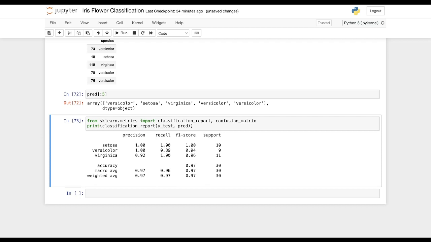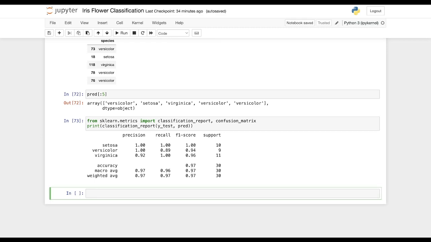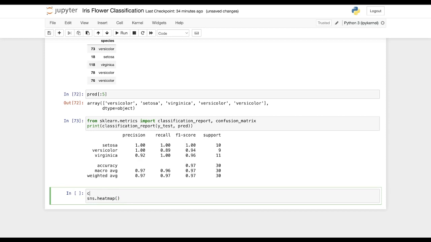Now that we have printed the classification report, the last thing we will do here, we will just display the confusion matrix using the seaborn heat map. So we'll say sns.heatmap, and first we need to create the confusion matrix. So we'll say CF is equal to confusion matrix. We'll pass the true label which is stored in Y test and the pred, which is the predicted one, and we'll say normalize is equal to true, which means we want the values to be displayed in a percentage format.